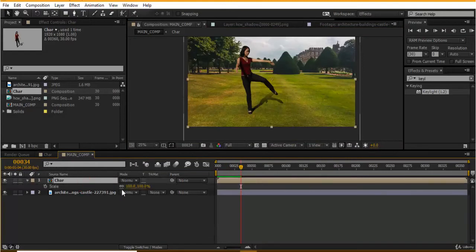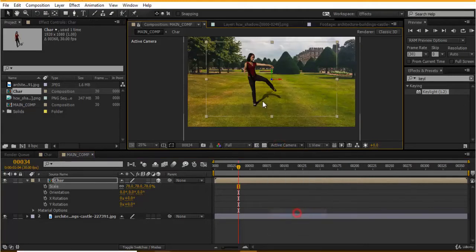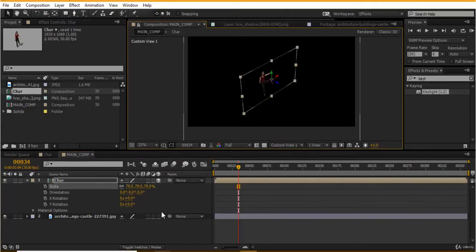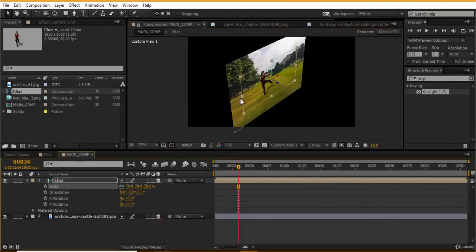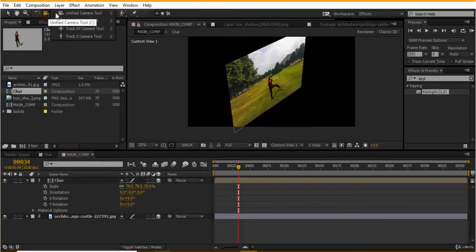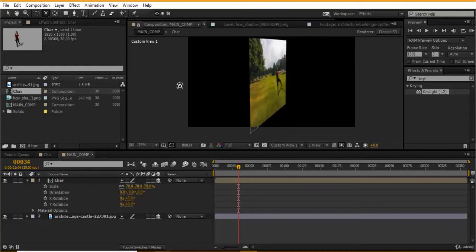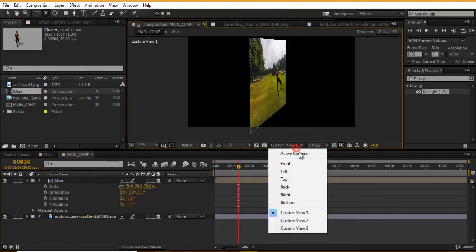So I'll select this and scale this slightly, somewhat like this, and if necessary I can also turn this to a 3D layer so that I can place this in Z. Again I would like to change this custom to my custom view, also this as my 3D view, and this character I would like to take in front somewhere over here. Somewhat like this.